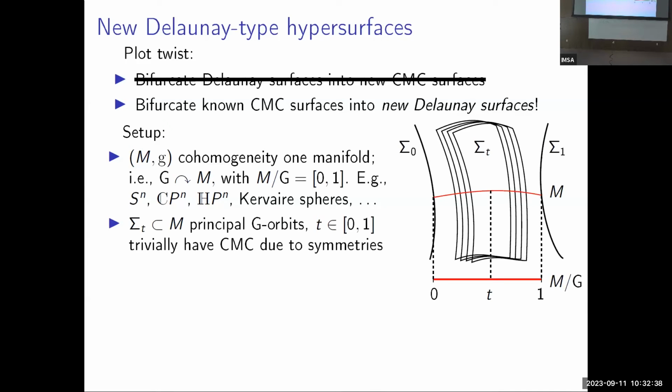So the orbits of this group necessarily have constant mean curvature, because they're homogeneous, and so everything is invariant by the group actually, including the mean curvature. So it has to be constant. Okay, and so these principal orbits have all the same topology, but then there are two special orbits at the end, sigma 0 and sigma 1,